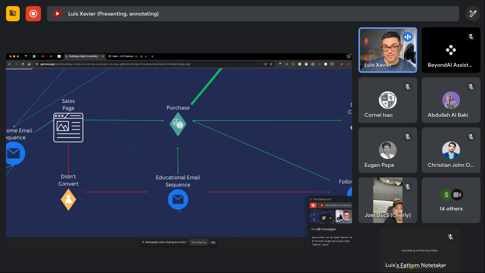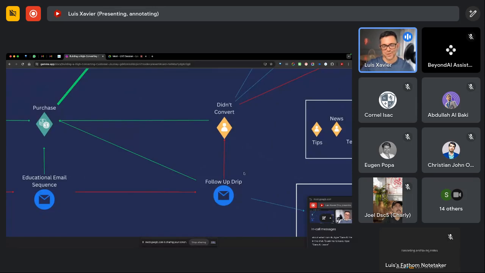The goal for the educational sequence is to educate them more about the product, about why this works for your audience, and how this will work for this new lead that just arrived now. And you're going to share testimonials, and really show them that they would be silly not to take action, because this is an amazing opportunity for them to solve the problem they're having right now. Okay, and you're the best person. You are the authority to help them. If they don't take action, that's fine. Fear nothing. We've got the follow-up in here.